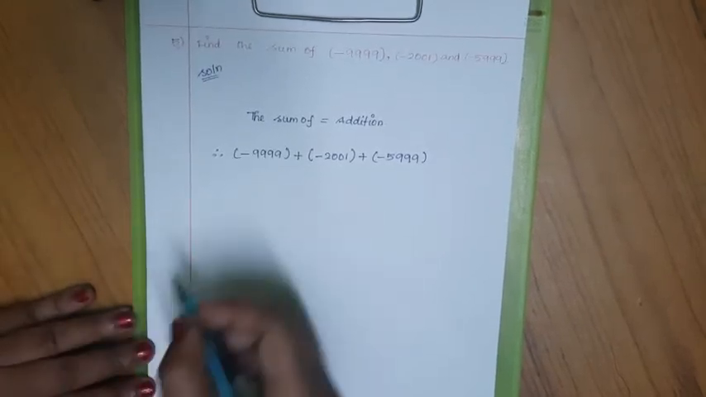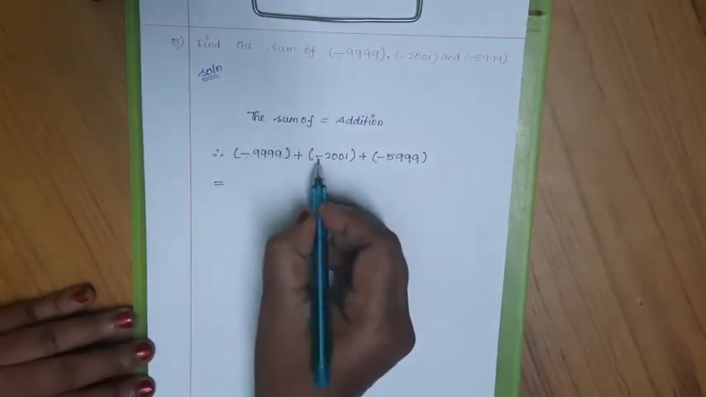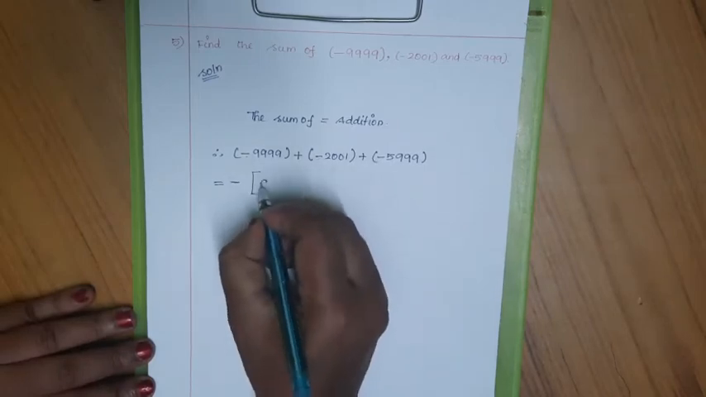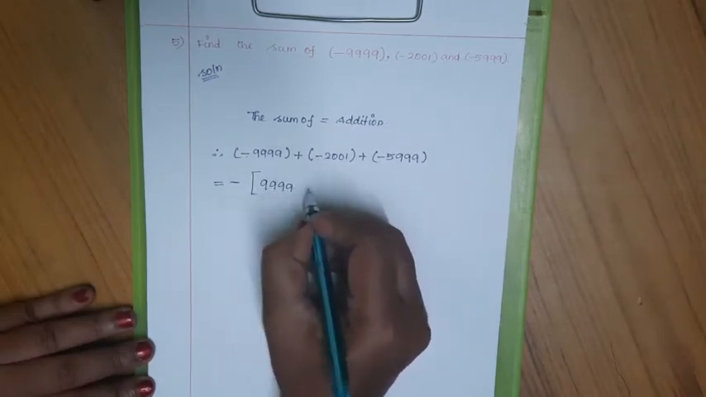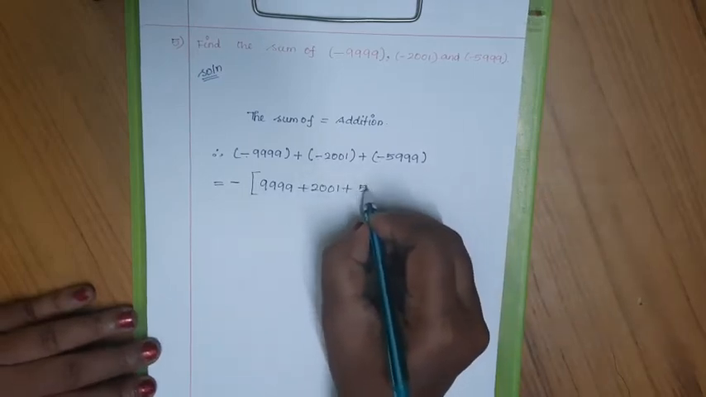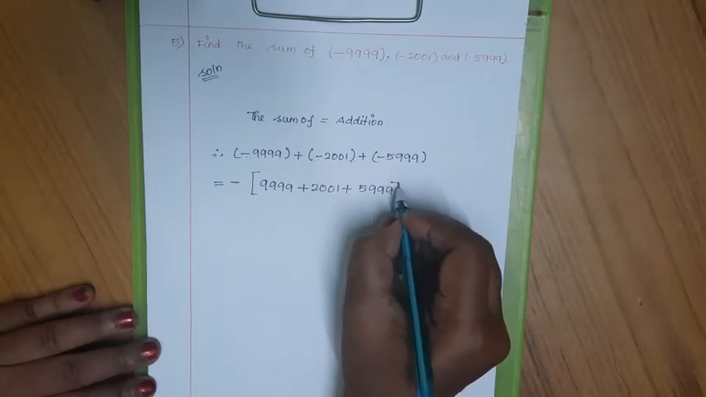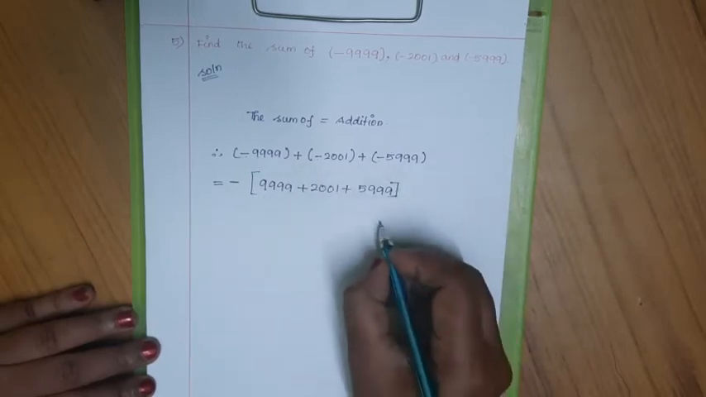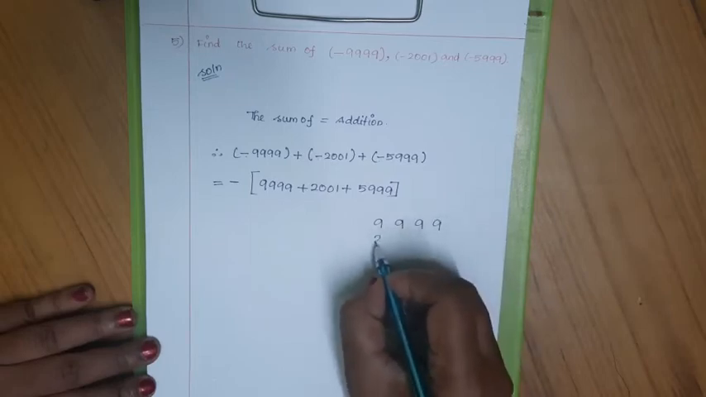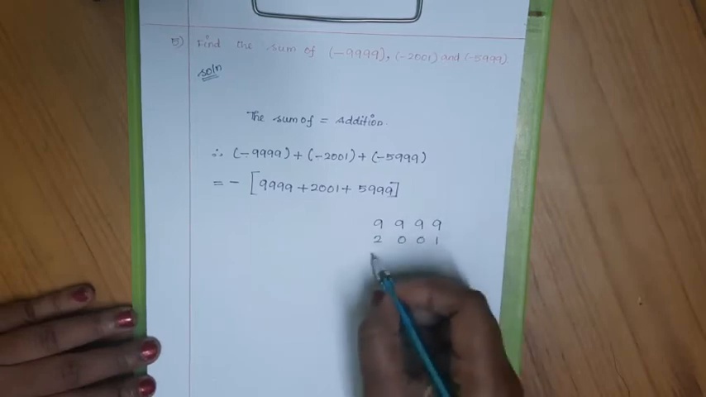Here we can see that the numbers have the same negative sign, so we can take it out. Put the negative sign outside the box and write the numbers inside the box as addition. Adding all the three numbers, we get